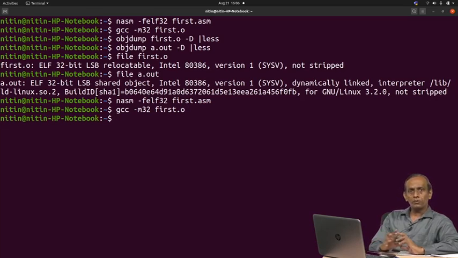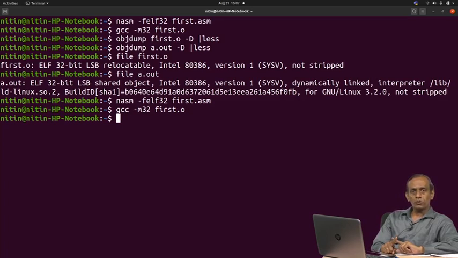Now there is a question for you. The question targets the file formats first.asm, first.o and a.out. The difference between them is that one is source code, the second is object code, and the third is an executable.